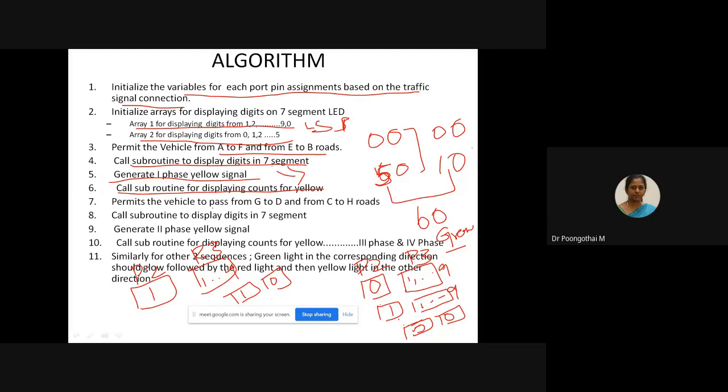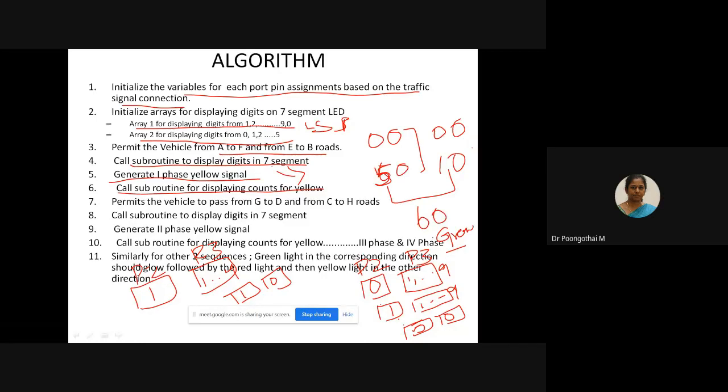Then permit the vehicles to pass from G to D, next phase E to H, and call the delay routine, that is, call the subroutine to display digits in the 7-segment. Next generate the second phase signal and call the subroutine for displaying the count for yellow.